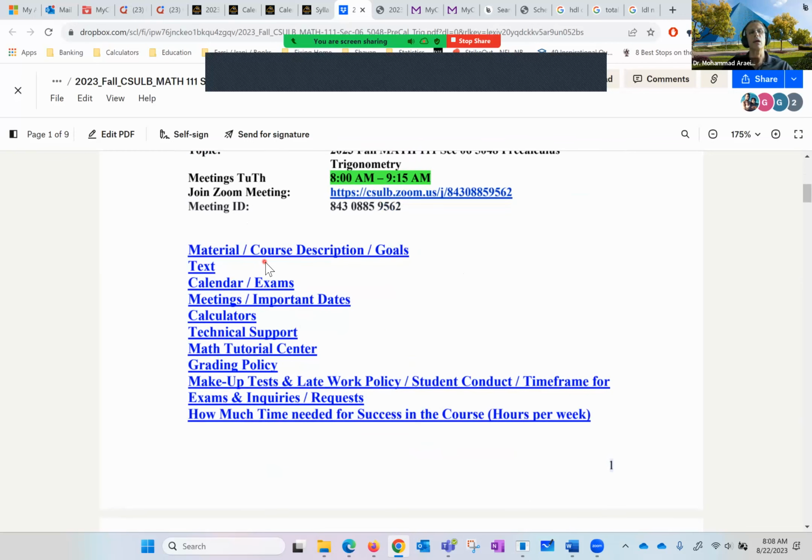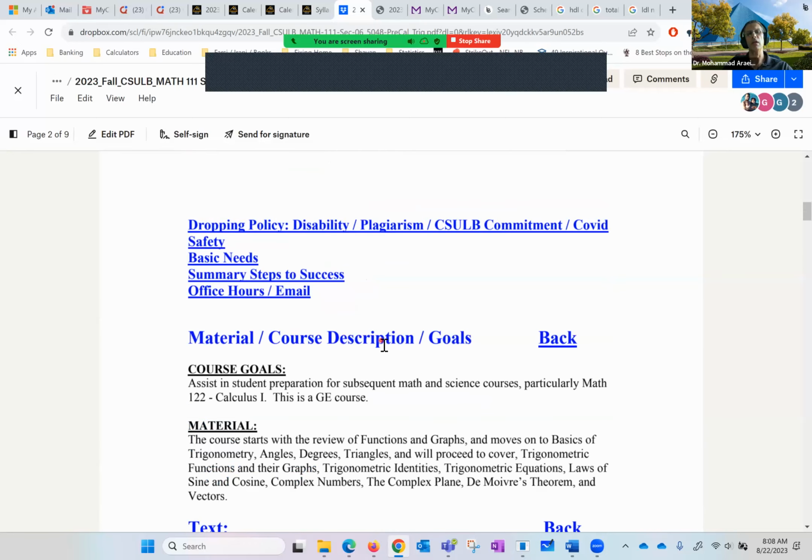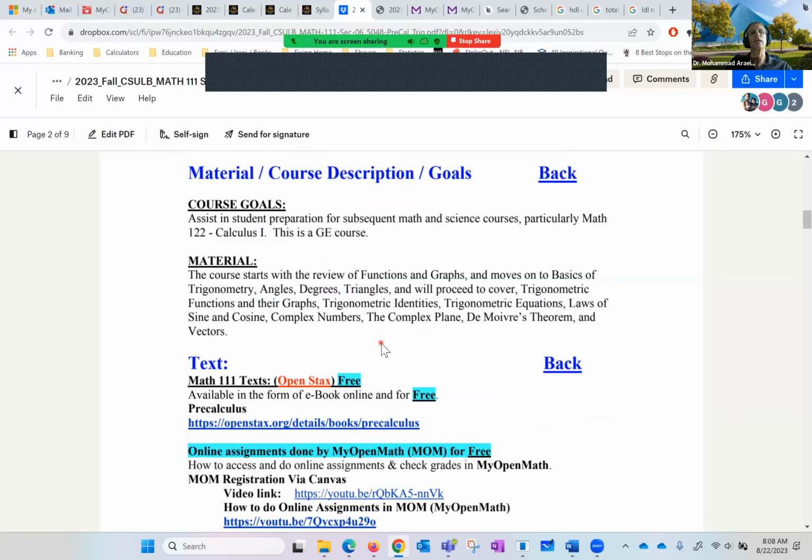Then I have put the information in this format in case you want to look for something specific. For example, if you want to look for the calendar, you can click on that, or technical support and so forth. So in short, let's spend a couple of minutes going over that. The course goal and the material, basically just learning